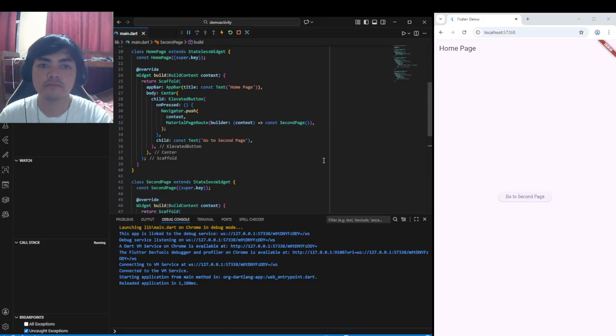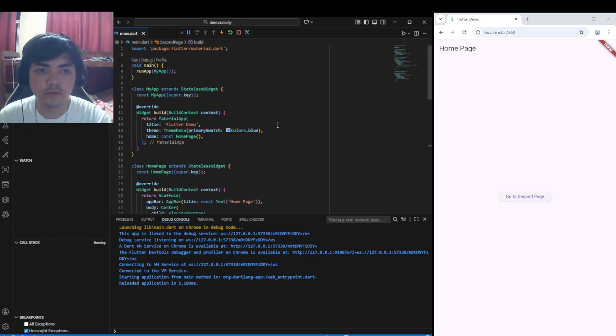Okay, there we go. Now we have our own simple 2 pages Flutter demo.